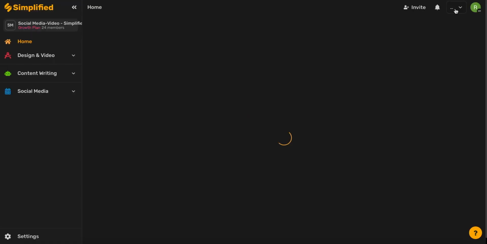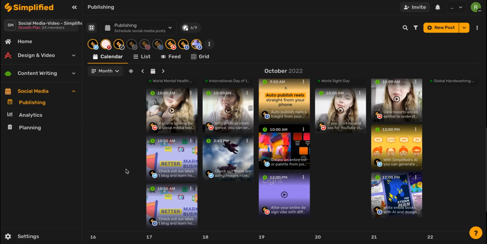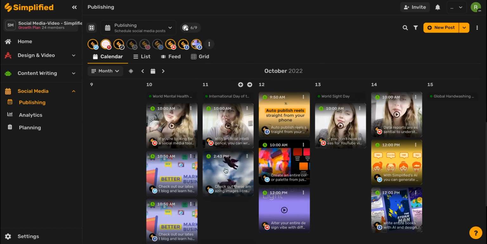Now, if we go to our dashboard page, head over to the content calendar. Now that you're on the content calendar, you'll be able to see that your post is scheduled for the exact time and date that you chose. And now you don't have to worry about it, and the content calendar will publish it on that specific date